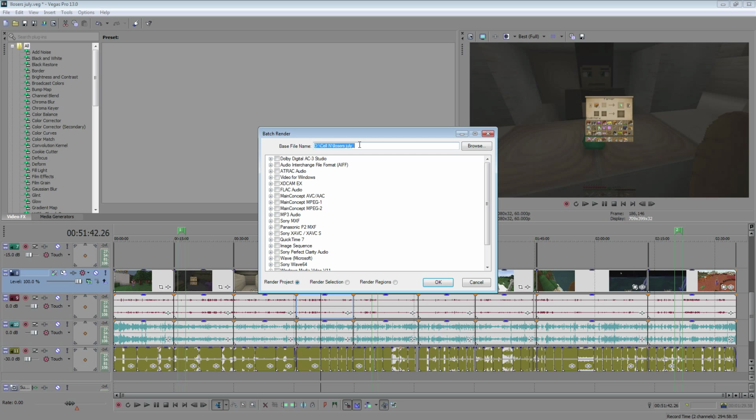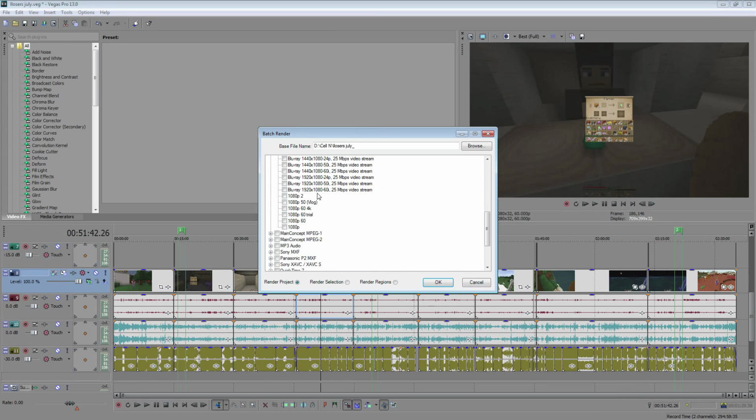This is just the little directory in which I render all my videos to, and here you have all of your render settings. Now if you'd like to see what my render settings are, I'll leave a little card in the top right hand corner of your screen right now, which will take you to my tutorial on my render settings. Otherwise I will just go straight into main concept